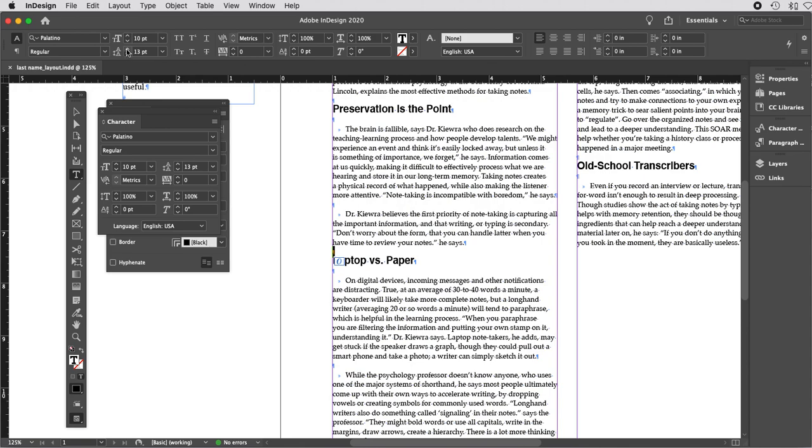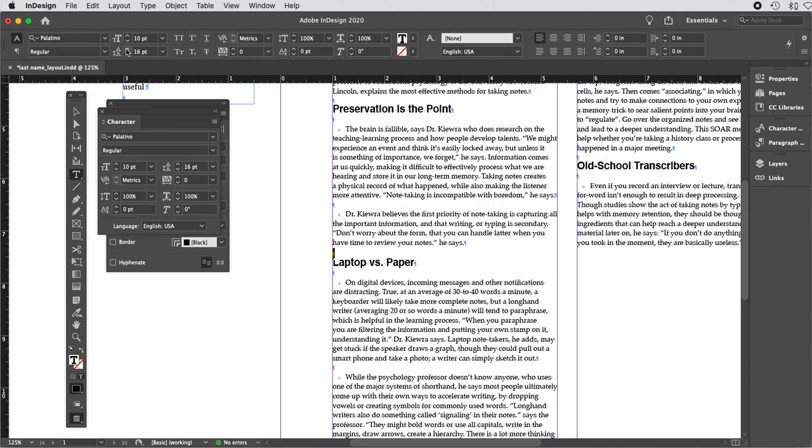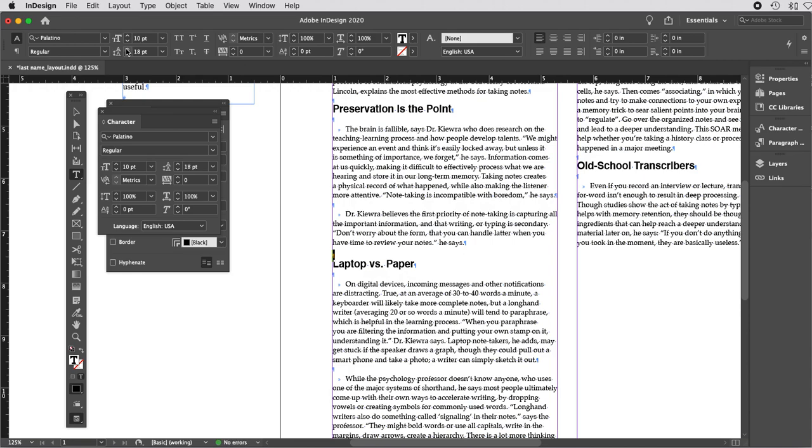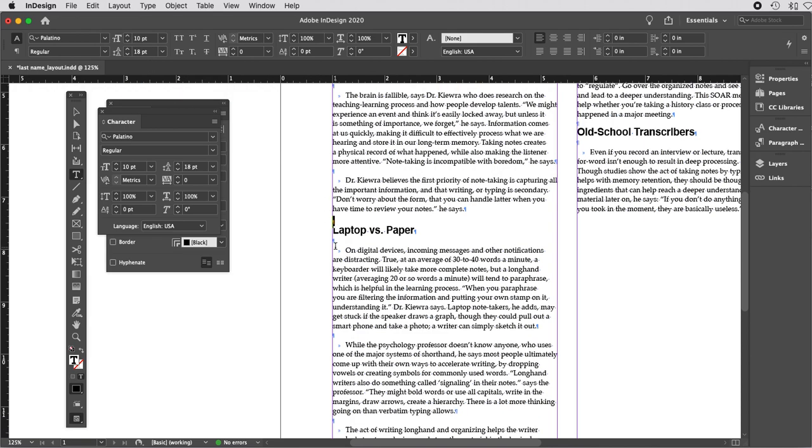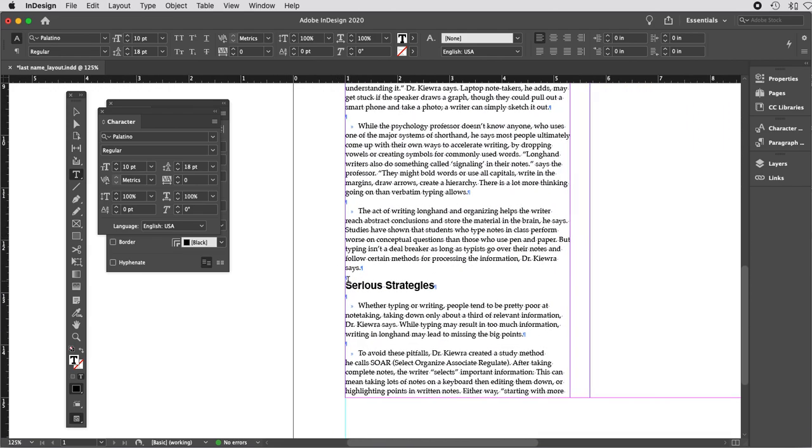See how it's 13? I'm going to make it 16. No, I'm going to make it 18. There we go. 18. You can play with this secondary leading after you place the photo, or keep it the way it is, or change it now, which is probably the easier way,